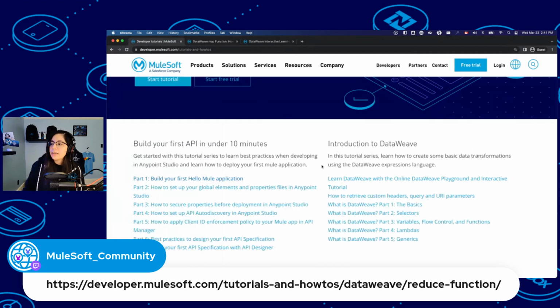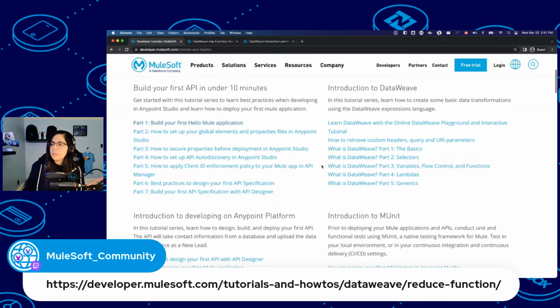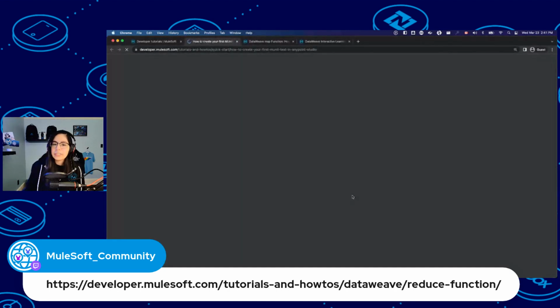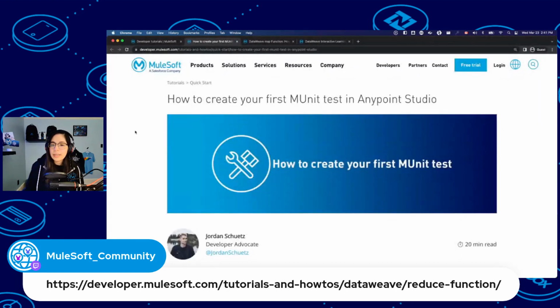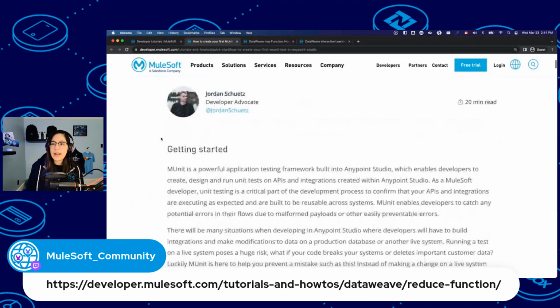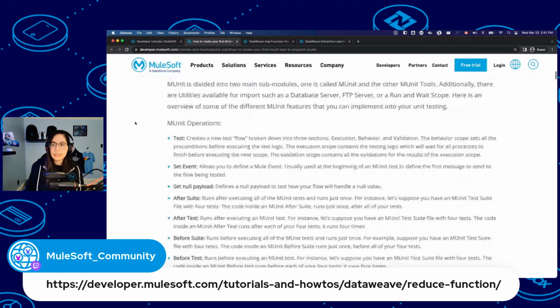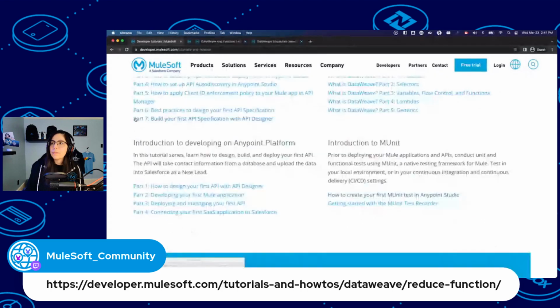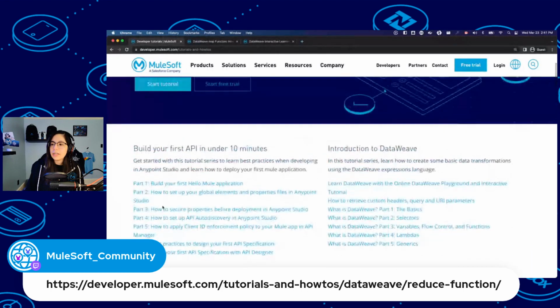Notice that if you click on other tutorials, for example, the units, this will take you to our old site, which doesn't have the left-hand rail, and it looks in a different format. So just make sure you click on any of these at the top. So any of the part 1 through 7 for the getting started, or almost any of the DataWeave ones.